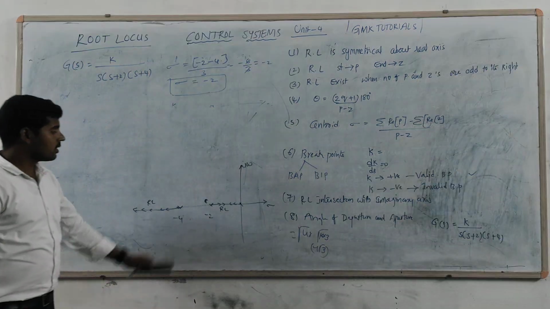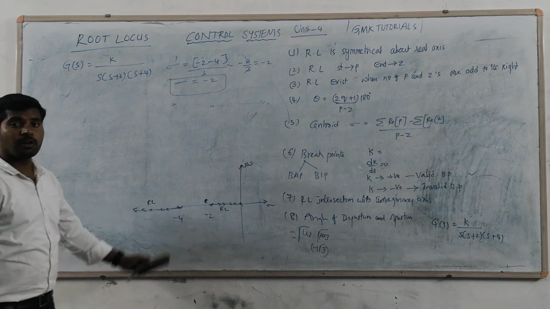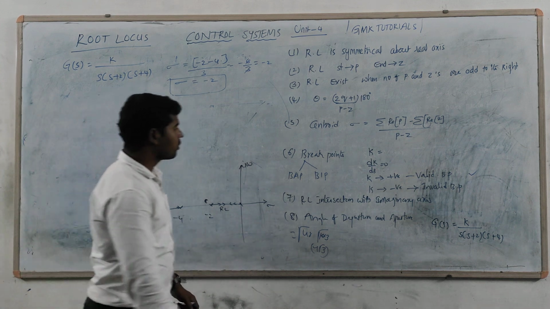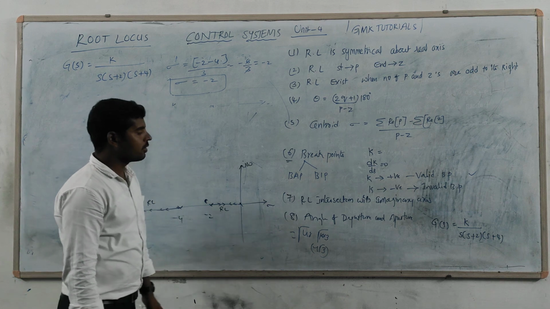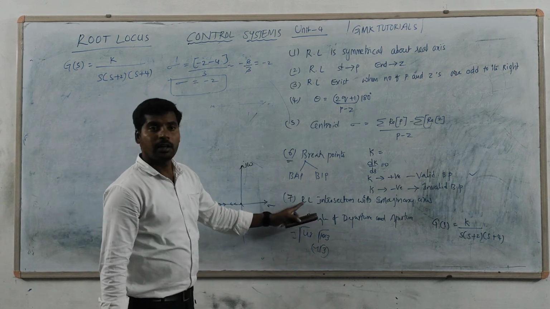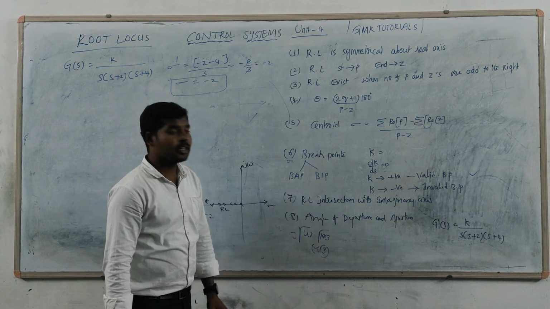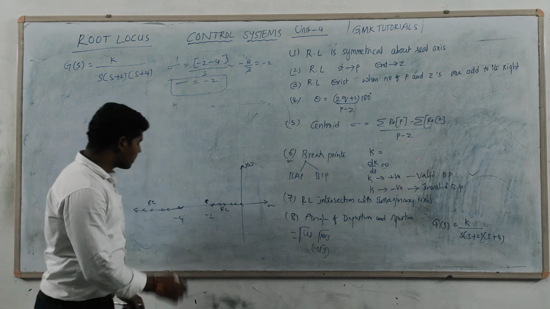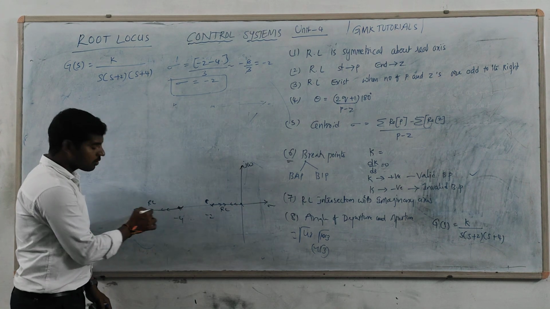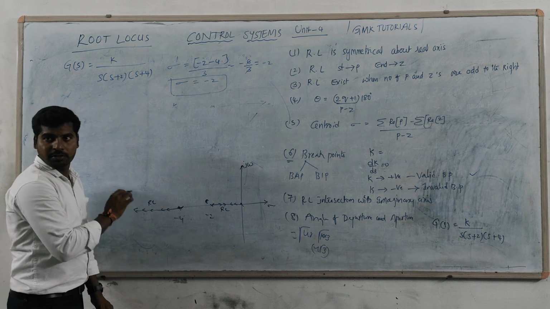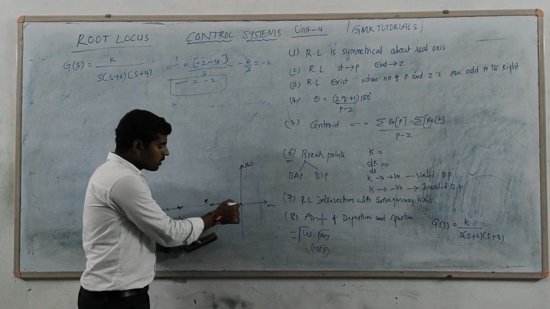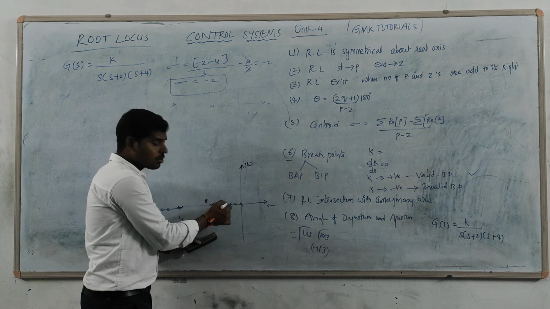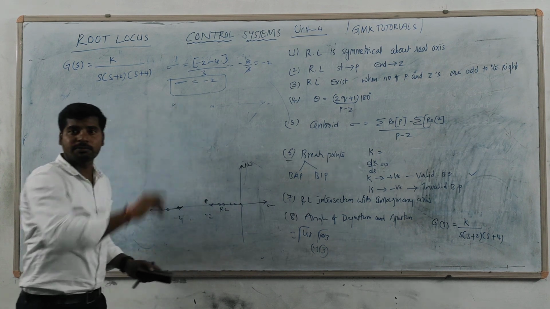So in this case, this is a general rough plot for this one, right? Up to now we have found the breakaway point, that is also over. Now we are moving to the 7th rule. The 7th rule states the root locus intersection with the imaginary axis. In this consideration, there is a root locus, it approaches infinity, maybe terminated at 0. This is valid. But there may be a problem with this part only. So this is a starting point, right? This is also a starting point. These two meet at some 0.